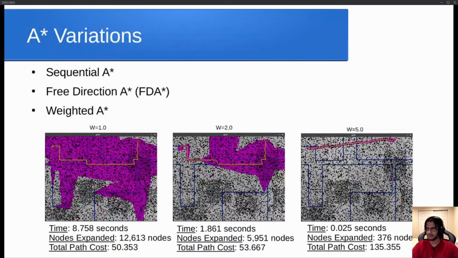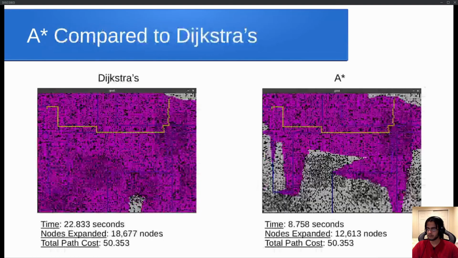There's a couple other ones, B star and D star, and a couple other ones that I probably don't really understand very well, so I'm not really going to get too far into them. But probably the easiest and most straightforward variation on this would be weighted A star, which is essentially the same algorithm as that initial A star we saw. But rather than, if I go back to the algorithm,